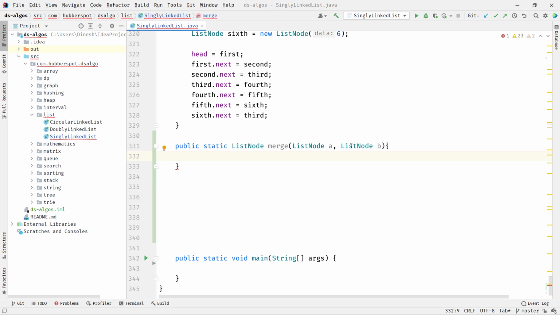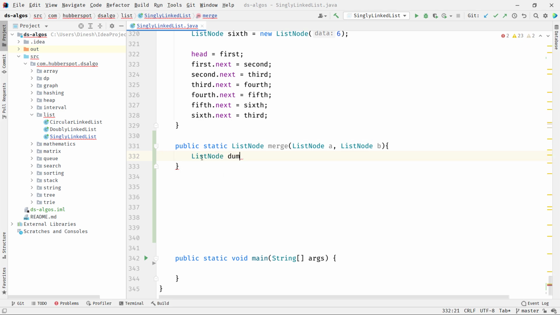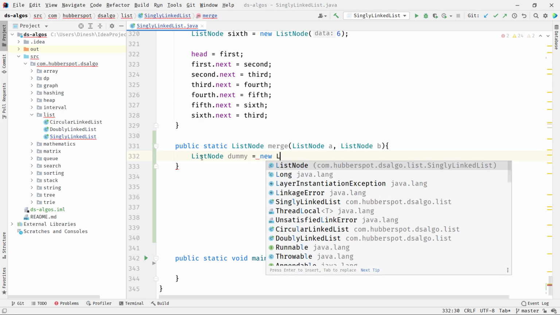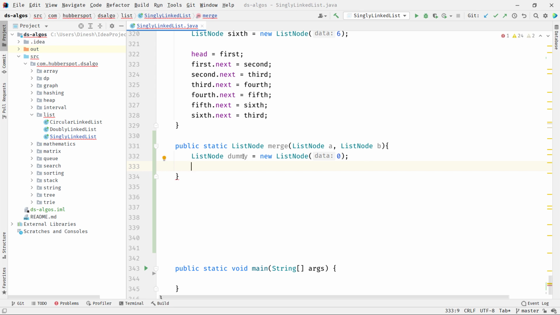As we need to merge these two sorted singly linked lists, the first step is to create a dummy ListNode and provide a dummy value to it. This dummy list node will hold our merged sorted singly linked list.